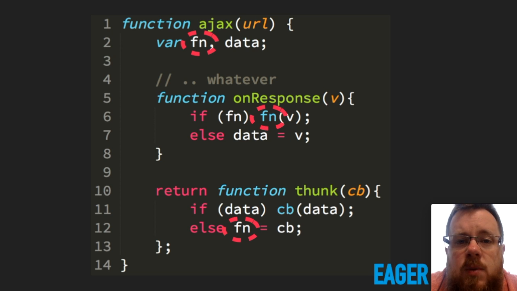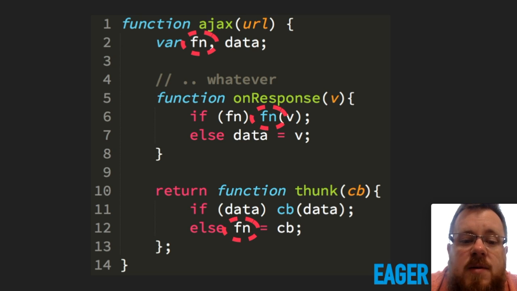These 2 are in what we would refer to as a binary race condition. In other words, we're not sure which one will run first, but we know one of them will run, and then the other one will run. And because JavaScript is single-threaded, there's no interruption. It will strictly be that one of them runs first and the other one runs later. We can take advantage of that semantic to account for these 2 conditions, because we know on line 6 that the only way that the fn variable that we're closed over from line 2 gets set is from line 12 when we save off the callback.